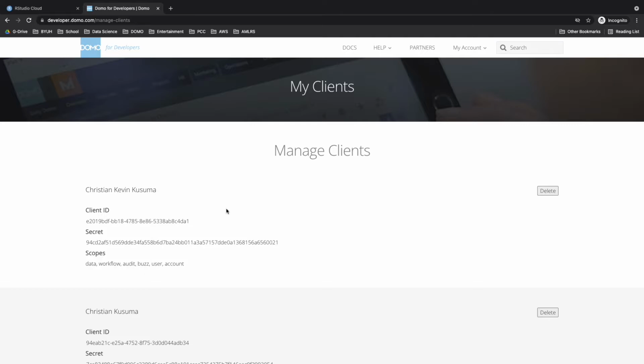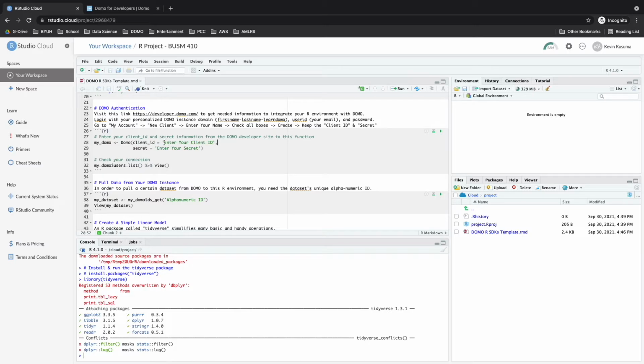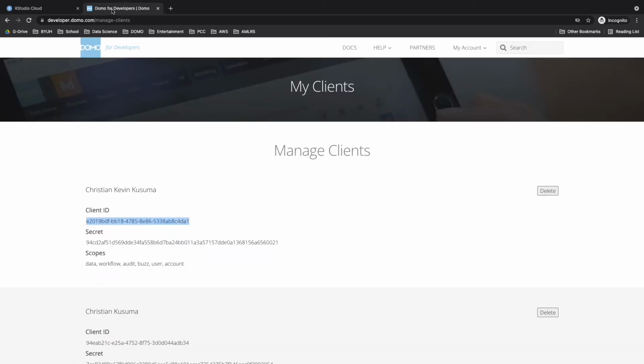Okay, and after that, what will happen is that Domo will create a set of credentials called client ID right here, and the secret right here, and you will need these two to authenticate your R against Domo. So I'm going to copy this whole string of client ID. I'm going to copy that and then go back to my RStudio, and in here I'm going to replace this line 28, enter your client ID, with my client ID, and I'm going back to this page, to my secret,